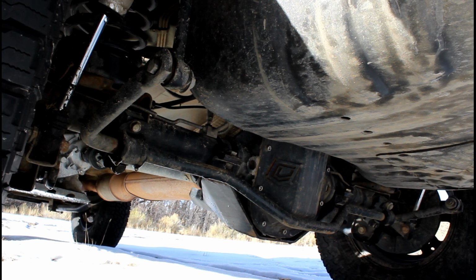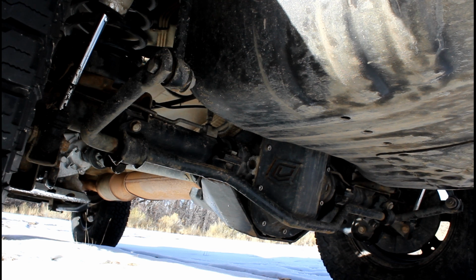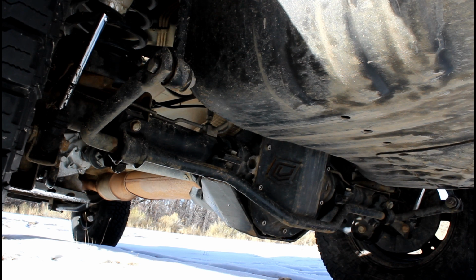Out back, I have the standard Dana 44 HD, which is an aluminum housing Dana 44 that uses some highly upgraded parts from multiple other vehicles, such as a ring and pinion out of a Dana 60 size differential. It uses the ring gear from the Corvette and Viper rear axle, and it has 30 spline axle shafts in which I have put an ARB air locker to make sure that I always have traction to the two rear tires, and to make sure that the aluminum housing survives, as they are known to bend when you're running 35-inch